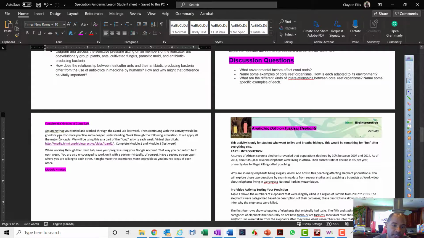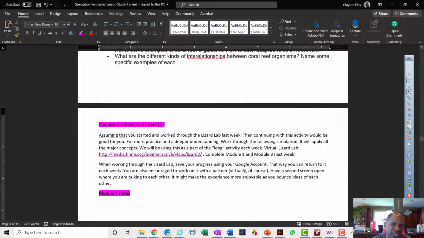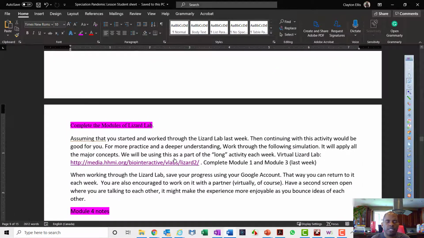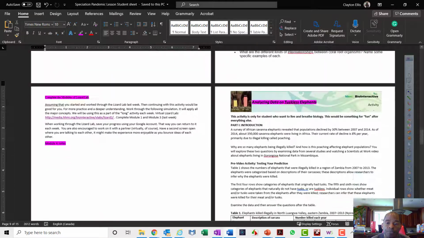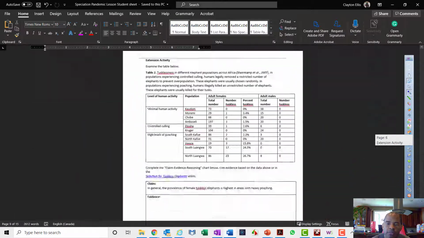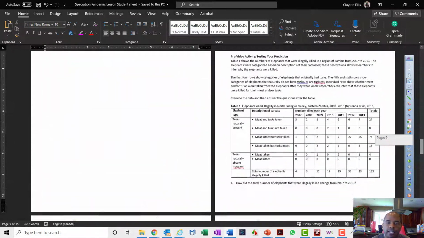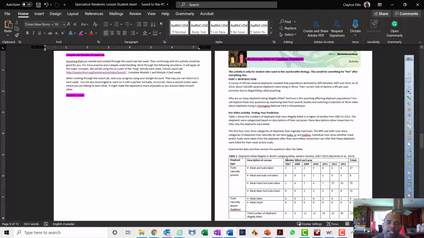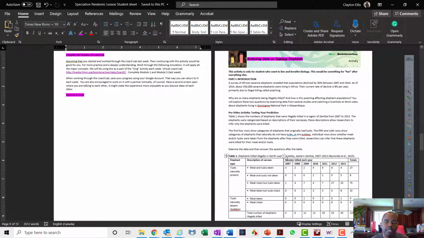I put the lizard lab in pink. I wanted to do it in yellow, but in the interest of time, I did decrease it. But I would encourage you to look at the lizard lab. At the very end of this document, you're going to see this worksheet. It's 1, 2, 3, 4, 5, 6 pages long. Only do that for those of you who, I said, live and breathe biology, and you just want to do more work. Then this is an interesting exercise that explores a population of elephants that have become